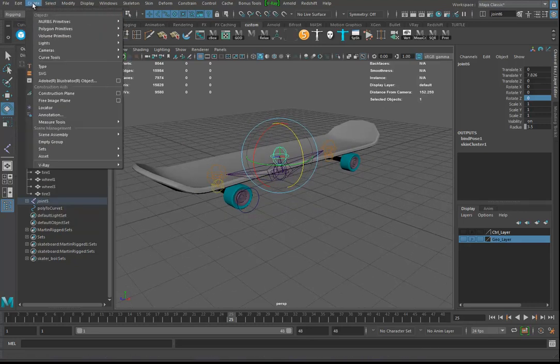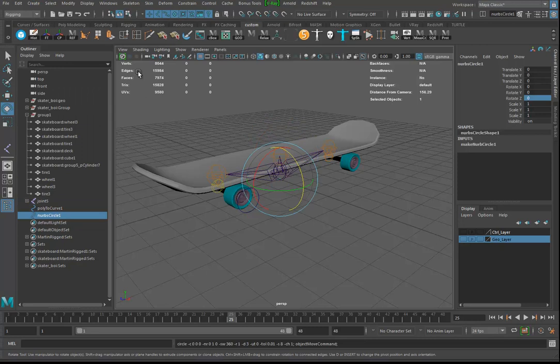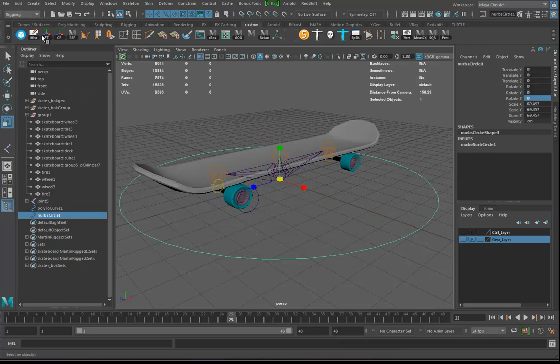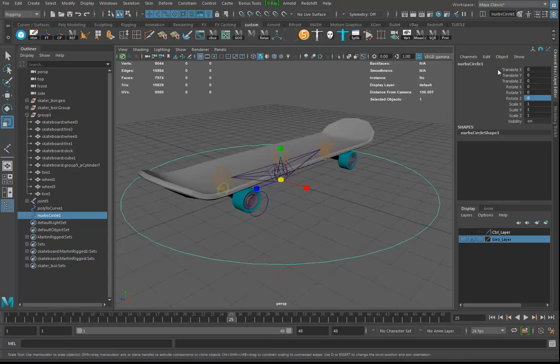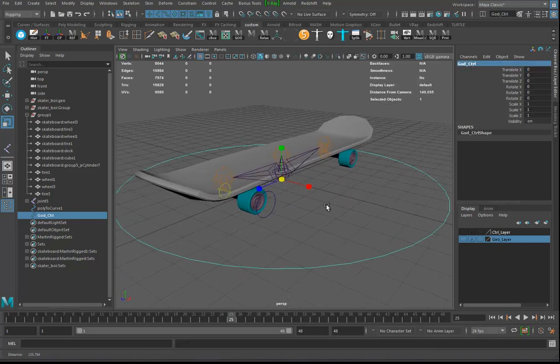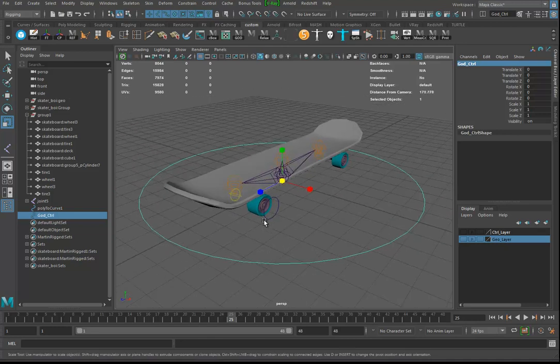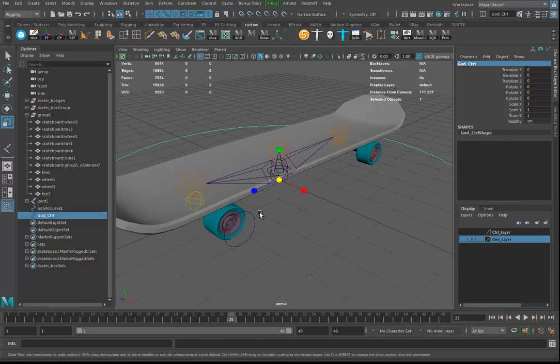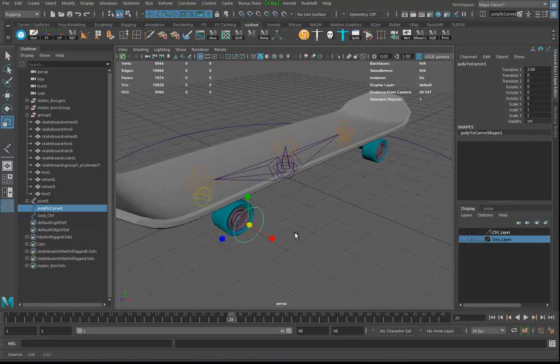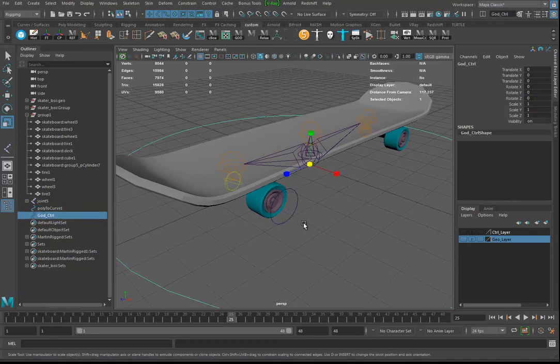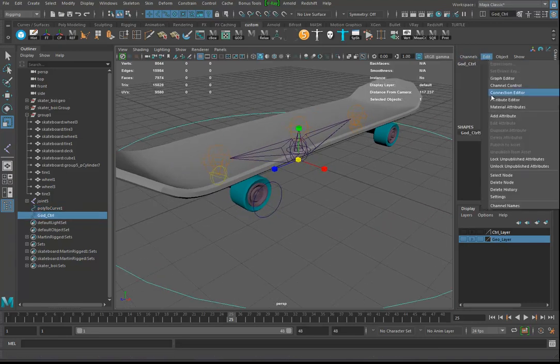If I go in here to Create, NURBS, Circle, and I'll just kill the history, freeze the transformations, call that God control, whatever you want to do, master control. And I can do some of the other things I did in class where I go and I make this rotate forward as I'm pulling here. If I go and I take this, I can go to Edit, add an